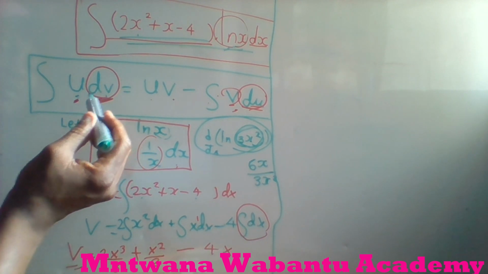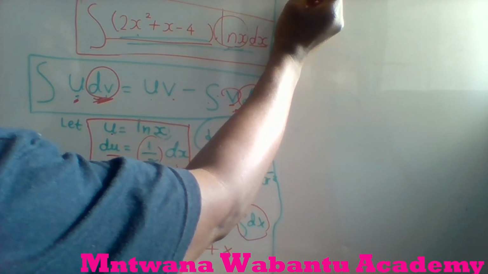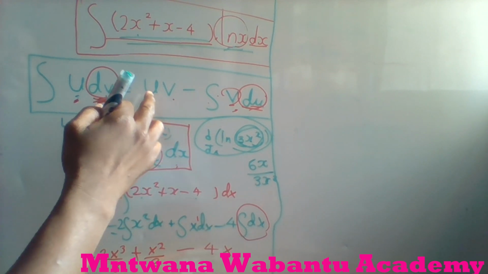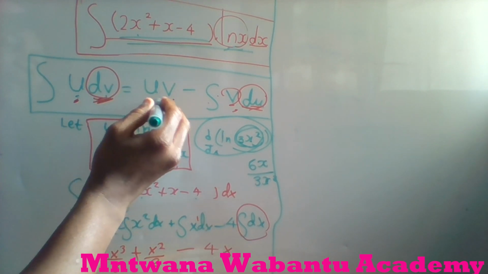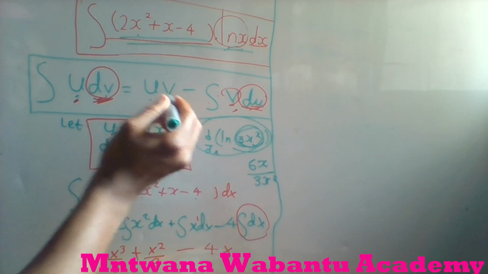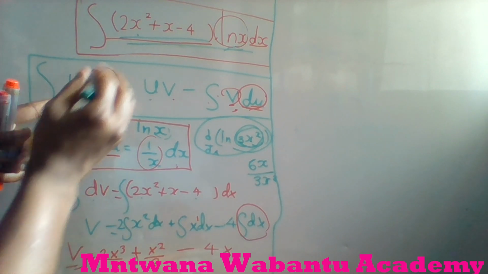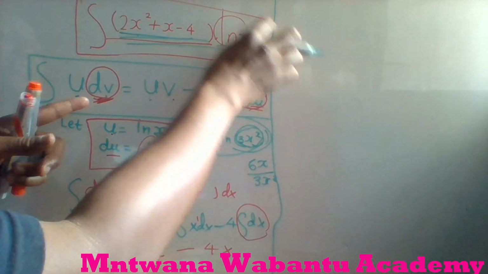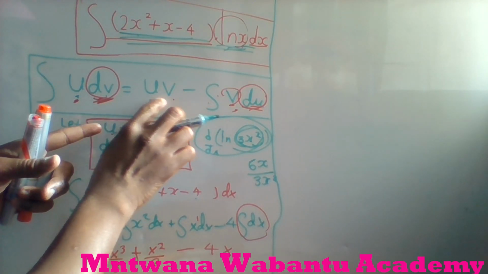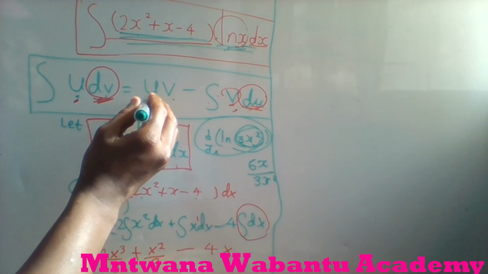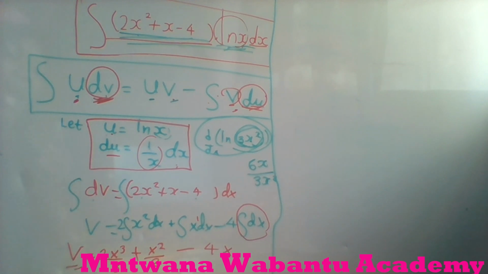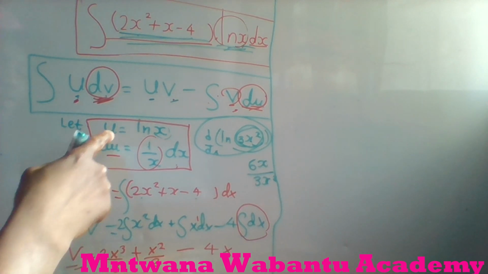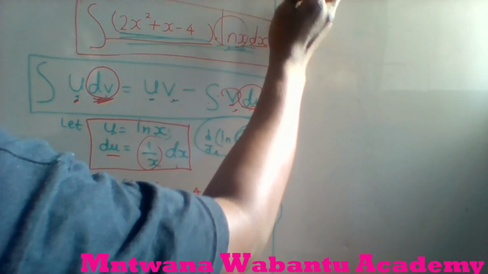Okay, so now let's plug in the formula. So we say this is equal to uv, right? u times v, because the integral of u dv, and dv is this, and this means exactly how they ask you, equal to uv, right? u times v. What is u? We have it already. u is equal to ln of x. So say ln of x